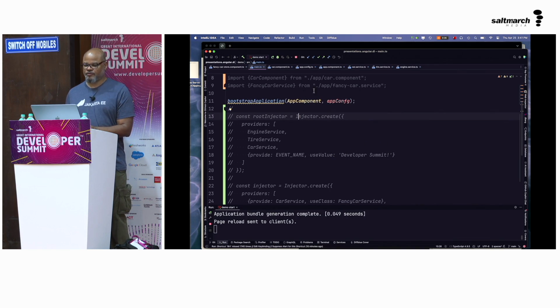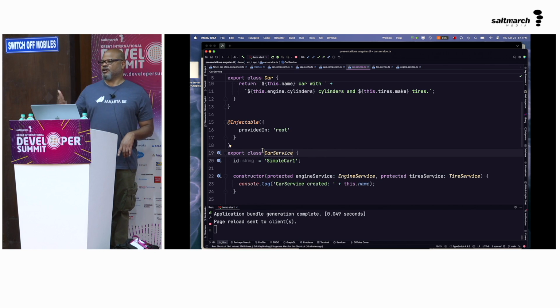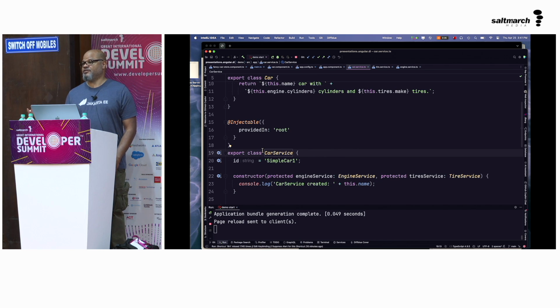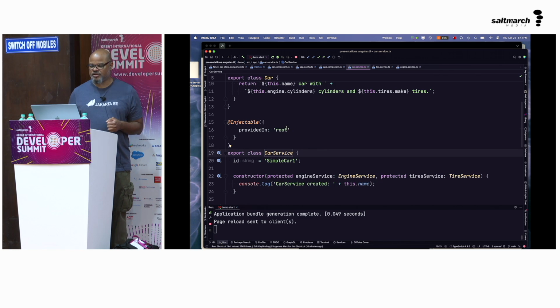And the reason they're in the root injector is if we go back to this injectable, provided in root. Okay. So basically what's happening is Angular is looking at all the classes and looking at the decorators and then sort of doing the stuff that I wrote imperatively, dynamically, right? So it basically is creating metadata so that it knows which services are available in which injectors, okay? Now you can change the injector here if you want.